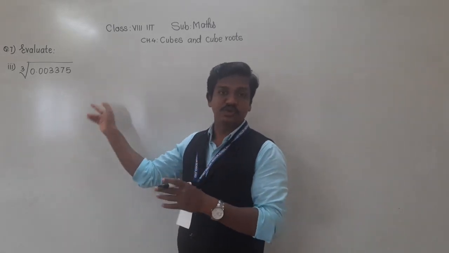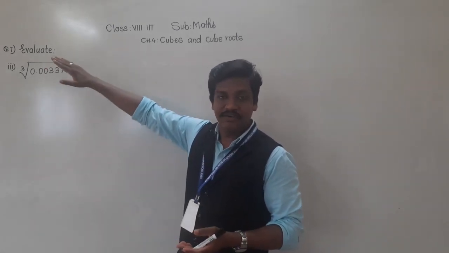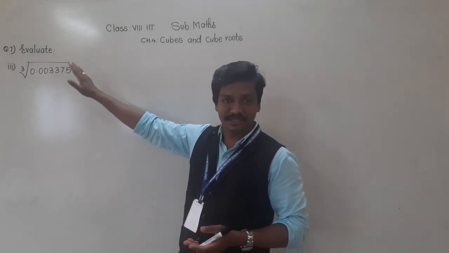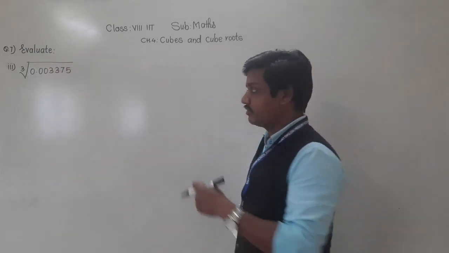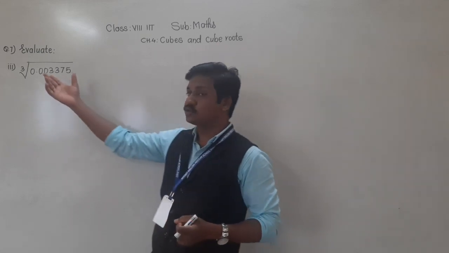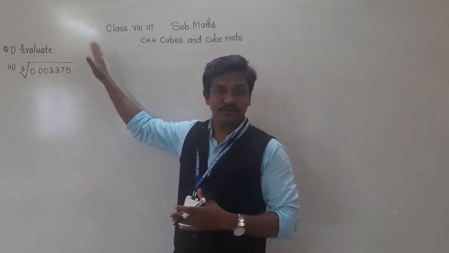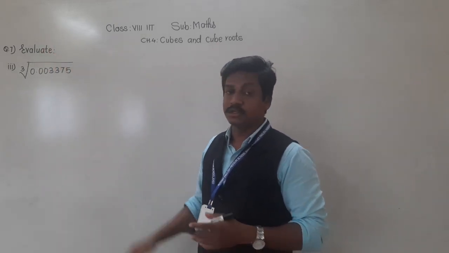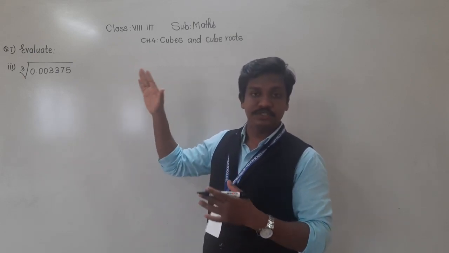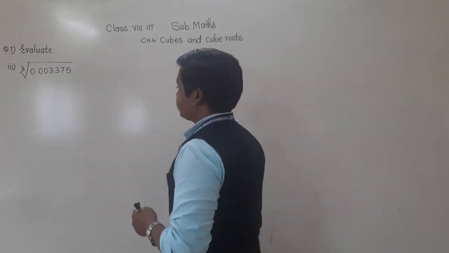Out of that, the first 2 you have to solve by yourself. I have taken example number 3, which is quite difficult. That's why I have taken that. So see here, how to find the cube root of decimal numbers, or the perfect cubes which are decimal numbers. Now see,